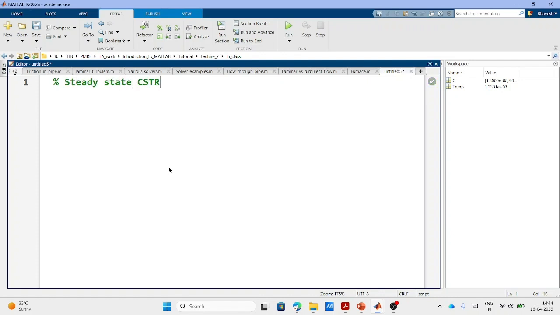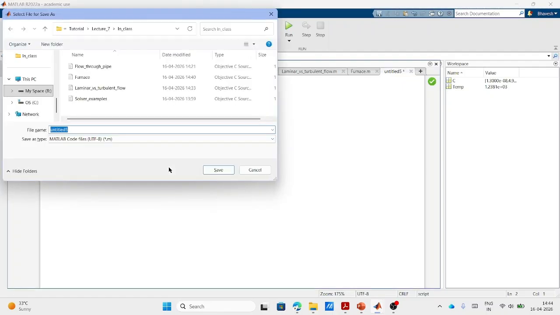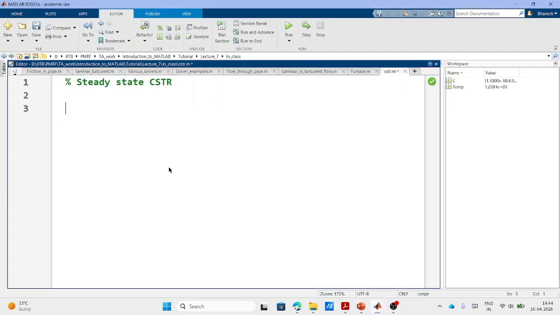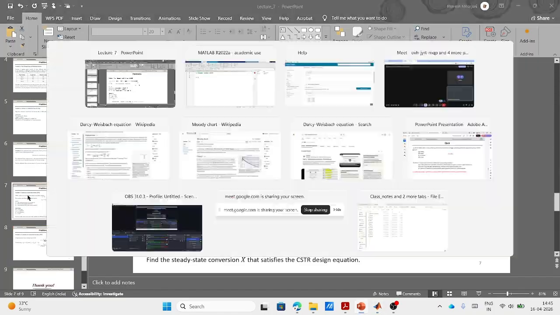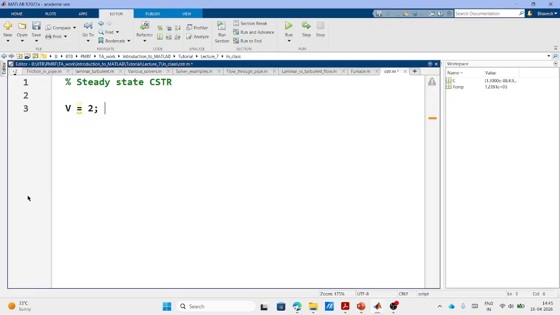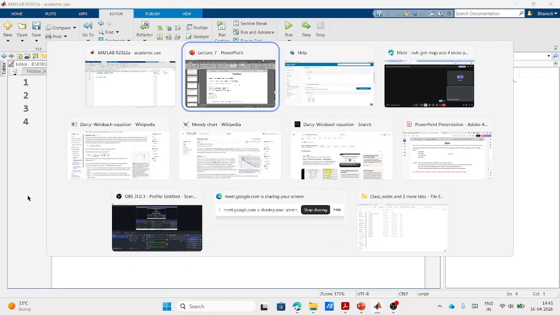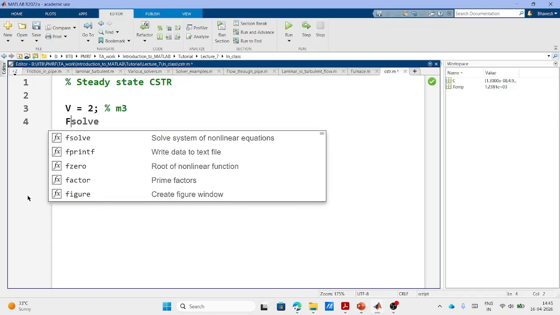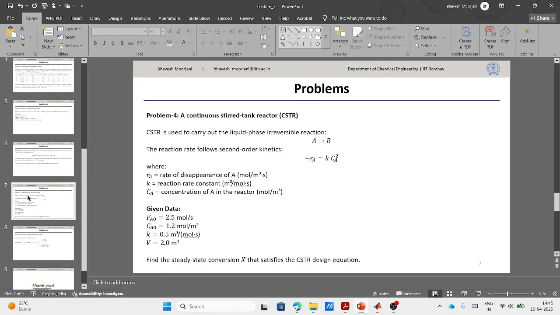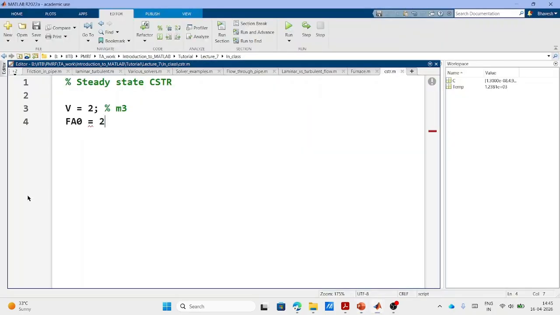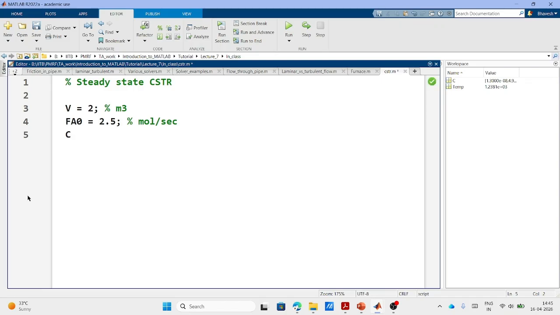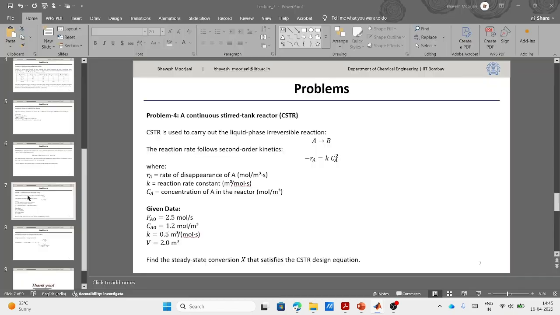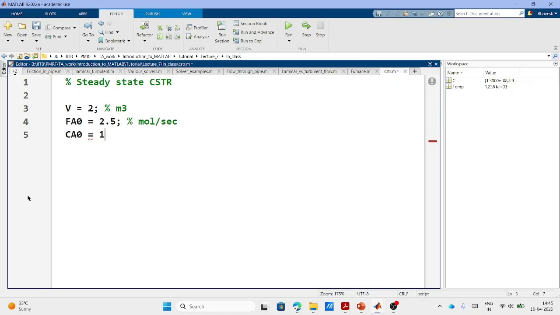For the steady state CSTR problem, you will write it this way. What has been given to you? Let's take out all the information that has been given. Volume as 2 meter cube, Fa0, which is the molar flow rate, 2.5 mole per second. Then you have concentration Ca0, 1.2